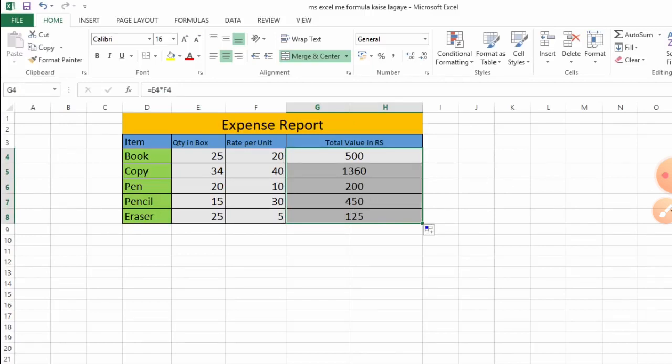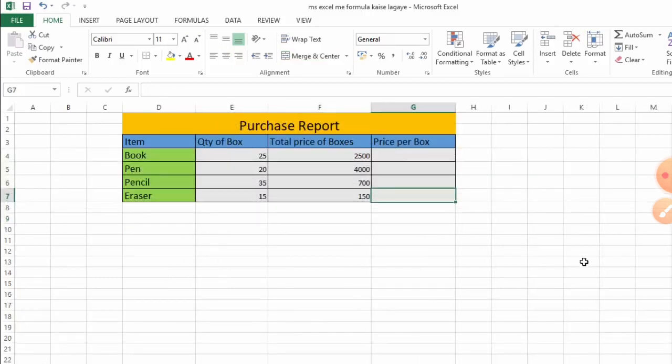Next we understand division. You can see for the book, the quantity of box is 25 and the total price of the box is 2500.